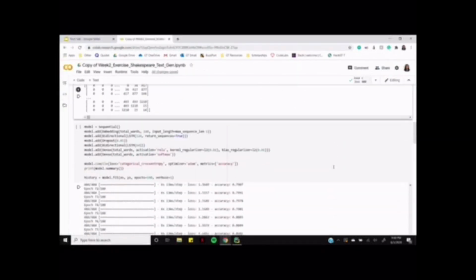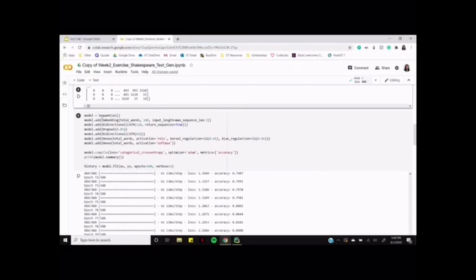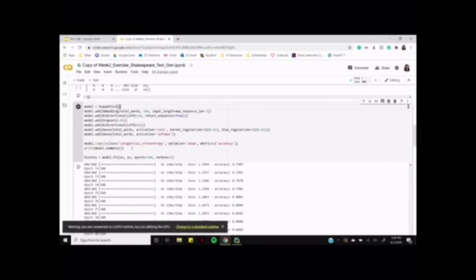Step 6. Now we can finally build and train a text generation model. We used a sequential Keras model since we're stacking layers. We added an embedding layer, 2 bidirectional LSTM layers, a dropout layer, and 2 dense layers to our model. LSTMs are preferred over RNNs for this process because they can keep track of large amounts of previous data, which is extremely important in text generation.